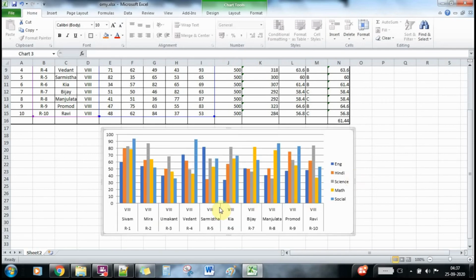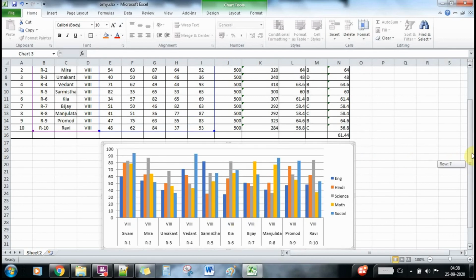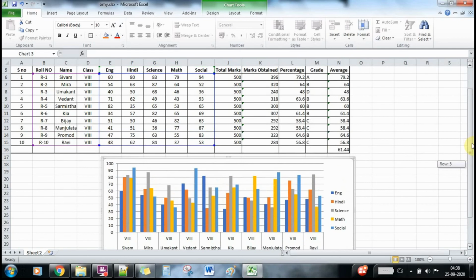Okay, so now you have this bar chart, and your subjects are there with different colors, and whatever your marks are, it's displaying accordingly. So it is a bit easy. If in Excel you already have data, you only have to select it and show the things.